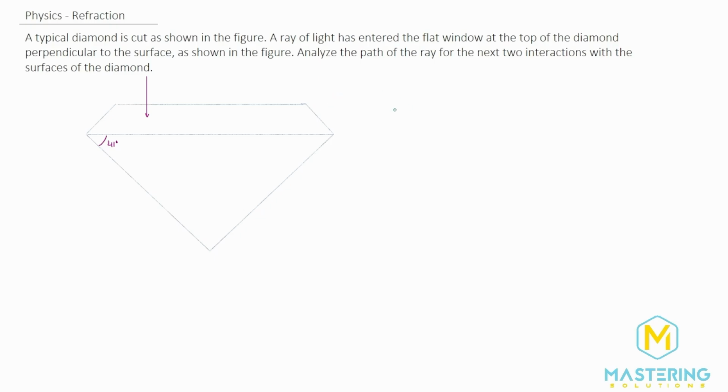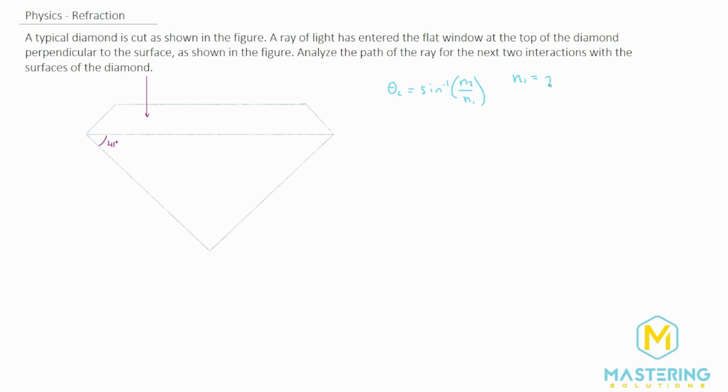And so to figure out the critical angle for this, we'll use the equation theta sub c is equal to the inverse sine of n2 over n1. So let's figure out what the critical angle is for the diamond, because then we can figure out all the angles. So we'll see if we get internal reflection or if we're going to get some refraction out of the diamond. The two indices that we have are the diamond and it's surrounded by air. So we'll say the n1 is the diamond, because for the critical angle formula, the n1 has to be larger than n2.